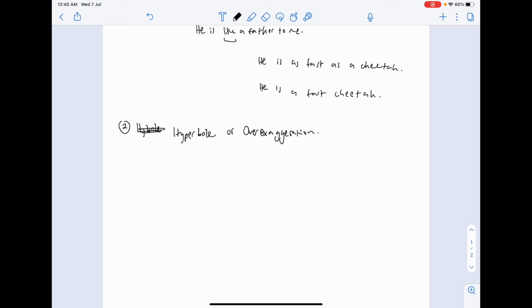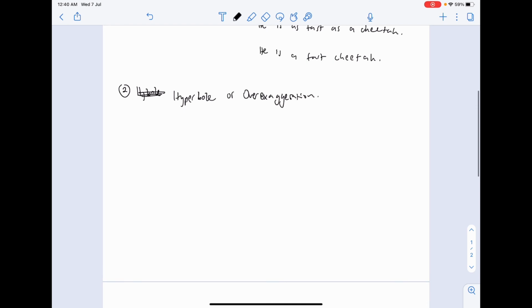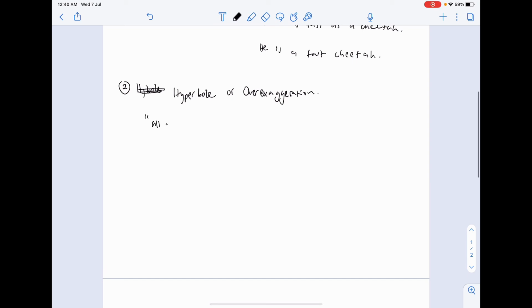So let me take a line from a novel that I will leave in the description because I can't remember the name. But there is a line that says, "All of my clean white bones." So clean and white, those words are emphasizing how pure the bone is, how clean it is, how white it is. It emphasizes purity. But think about it. Okay, are bones ever white? Are bones ever actually clean?